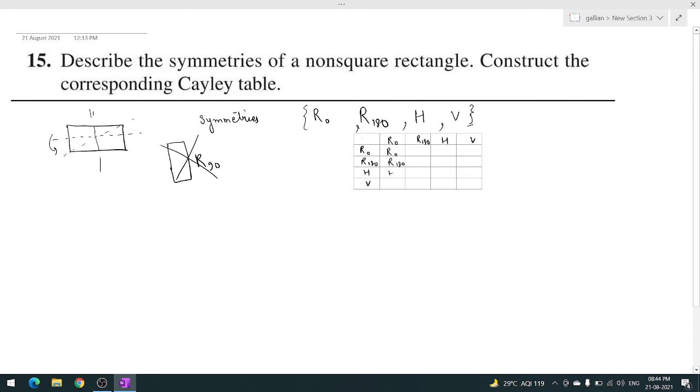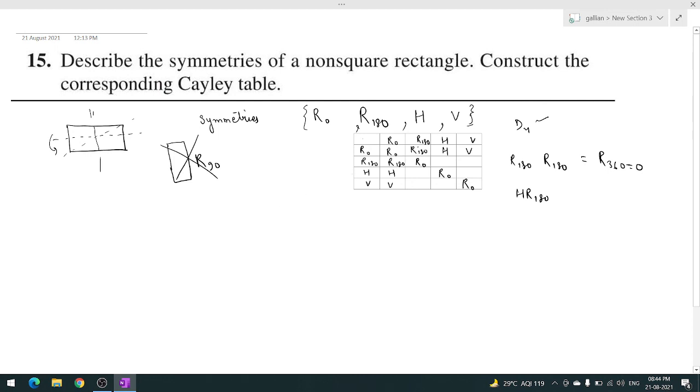Now you can check, because I have already taught you how to find a Cayley table for D3, and you can find it similarly in this, and you have also studied it for D4 as well. So it's quite simple for you to find. Now R180 and R180 will give you simply R360, which is equal to R0. So it is also R0, because I have already said that if we are seeing a reflection, twice it always gives R0. H times H will give R0 and V times V will give R0 again. So now we have to find H R180. So H R180 will give V.